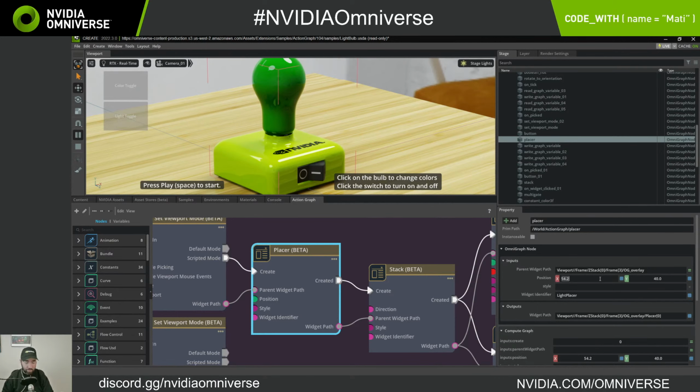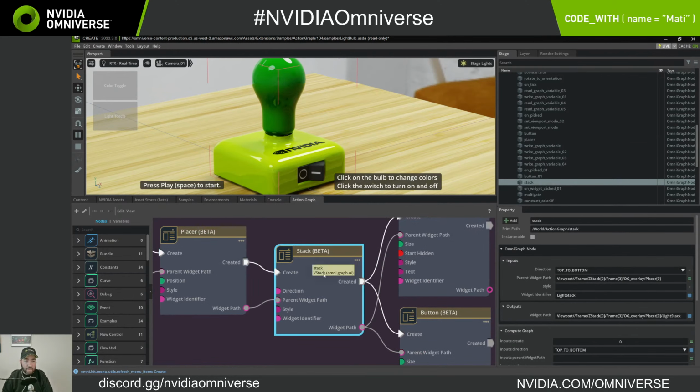Let's do something a little bit more obvious here. There you go. So I moved over more in X. So that's what that placer is doing. This stack,